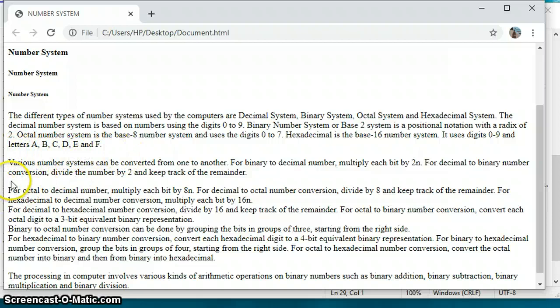I have used a paragraph tag here, so there is a blank line here. But here I used a break tag, so from here the cursor moved to the next line and the text started immediately from the next line. There is no gap of one line. So this is the difference between break tag and paragraph tag.